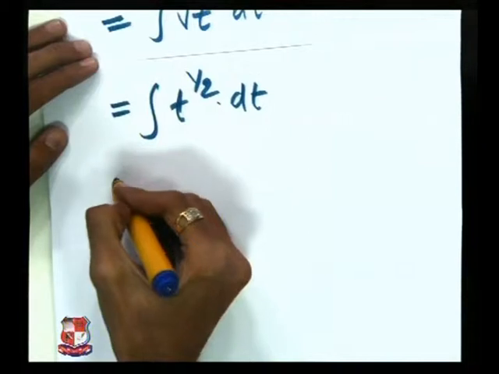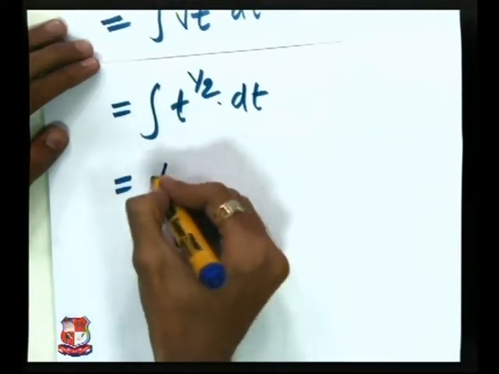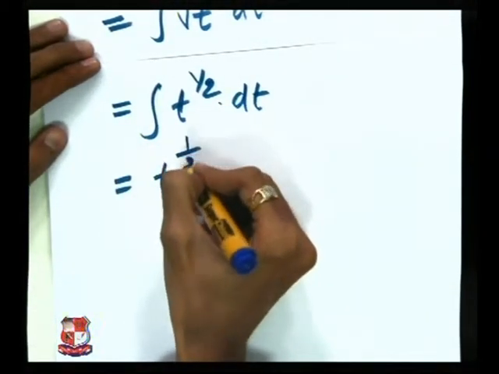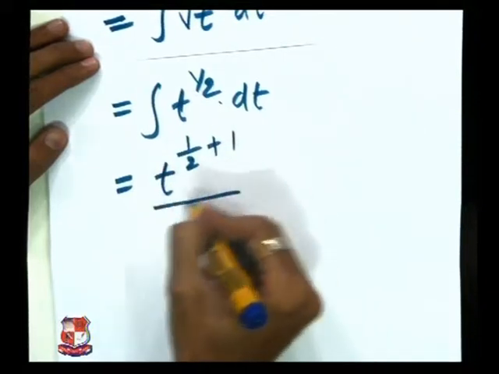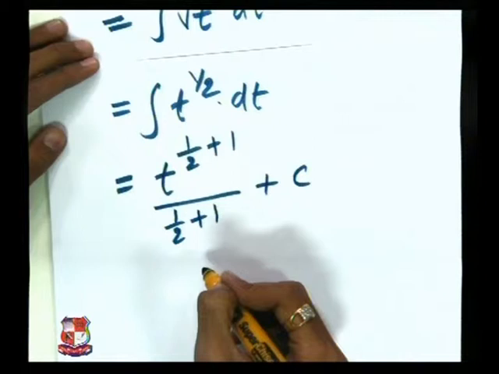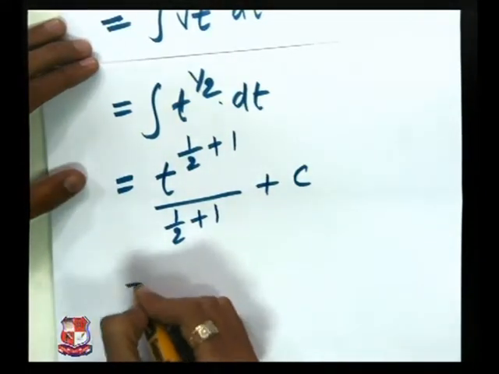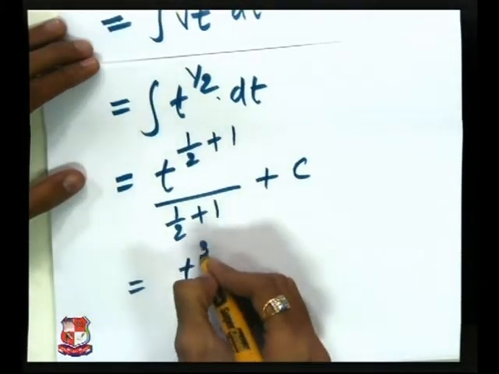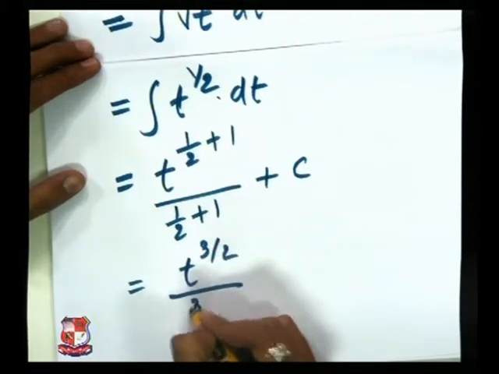So integration of this part will be t raised to 1/2 plus 1 upon 1/2 plus 1 plus c, that is t raised to 3/2 upon 3/2